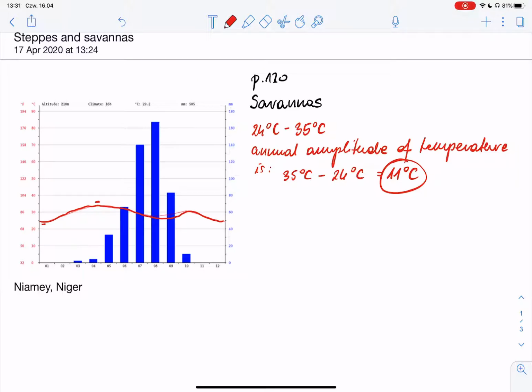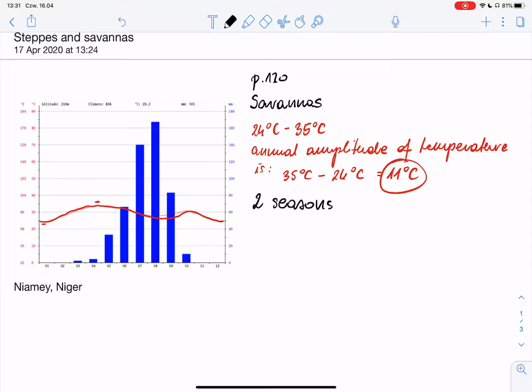Anyway, what is interesting about this area is the fact that there are no four seasons, just like we are used to have them here in Poland, in Europe, but there are only two seasons. And due to the fact that temperature is more or less high throughout the year and it's more or less stable, the factor that will determine the presence of those